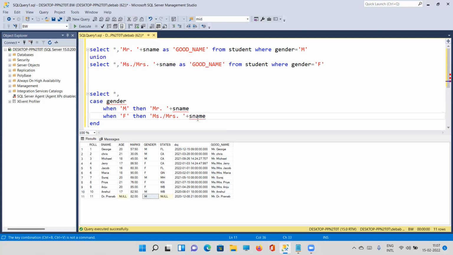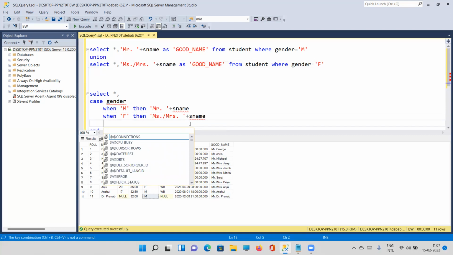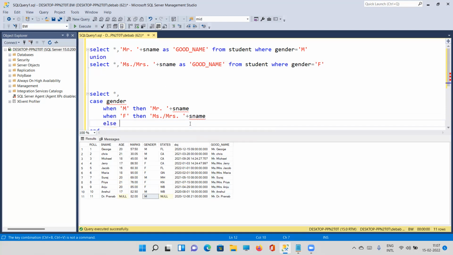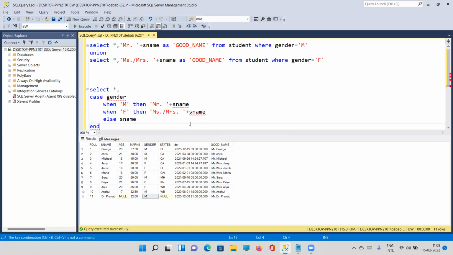So if I write that, yeah, that is the case. And if you are missing something, you can put else. For the time being, we are not missing anything. But if you have some person with some other third gender, you can simply mention his or her name, like else S name. That's all. So if I run this query,